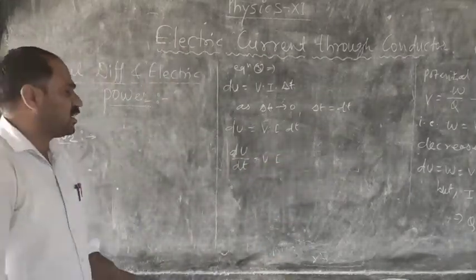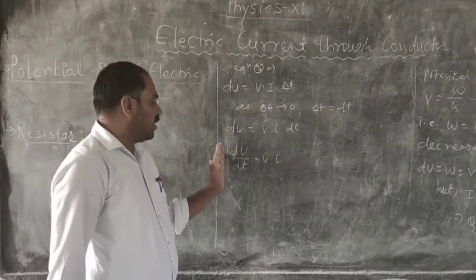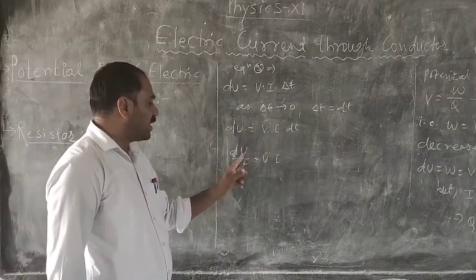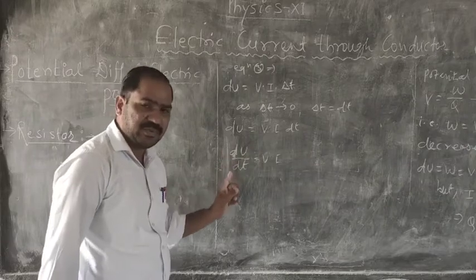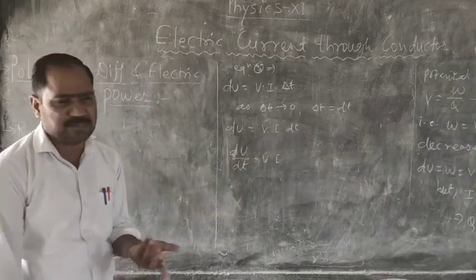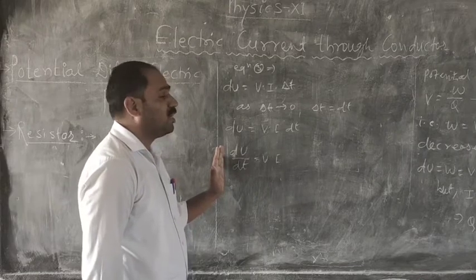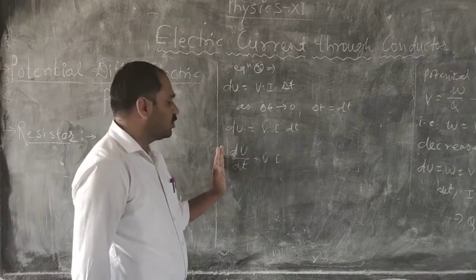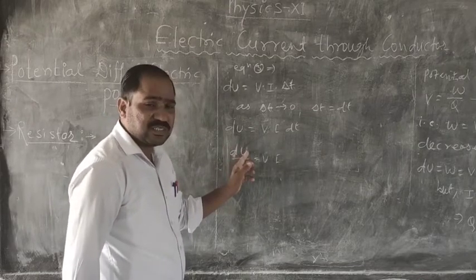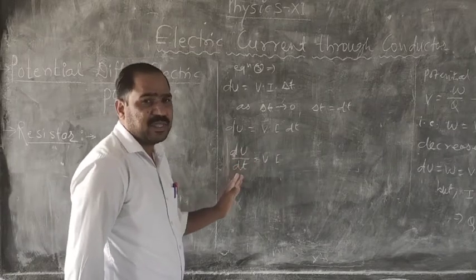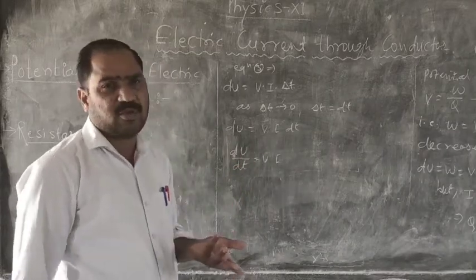So here is the equation or the ratio you got here. du upon dt means rate of change of the potential energy with respect to time. This is the new definition. So here du upon dt is nothing but the rate of doing work. ऐसे भी बोल सकते हो. So rate of changing the potential energy per time, rate of doing work, ऐसे भी बोल सकते हो अपन.